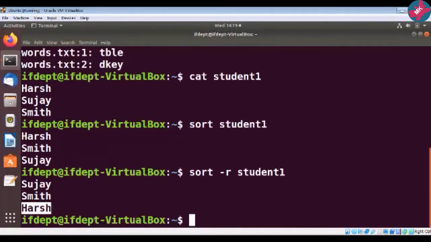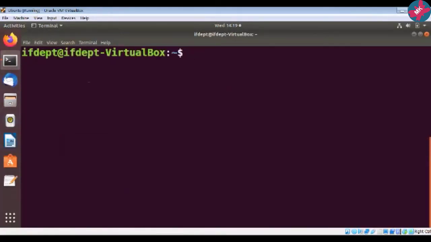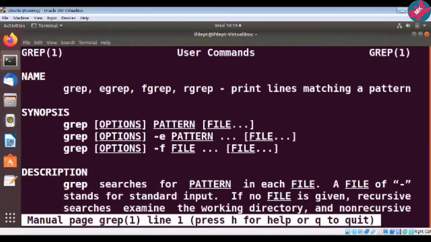After this, next we are going to see the grep command. Let us see the manual of grep. See here, first is options, this is optional. Then observe here, it is going to find a pattern within a particular file.